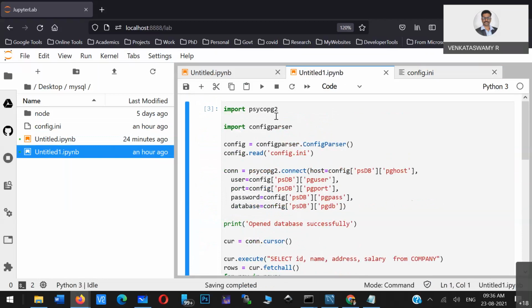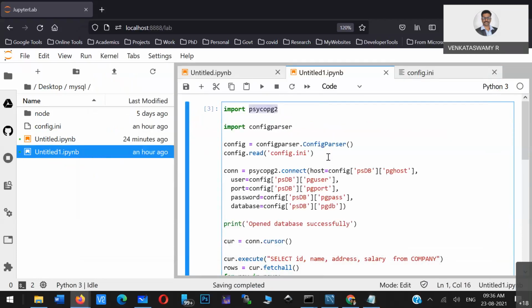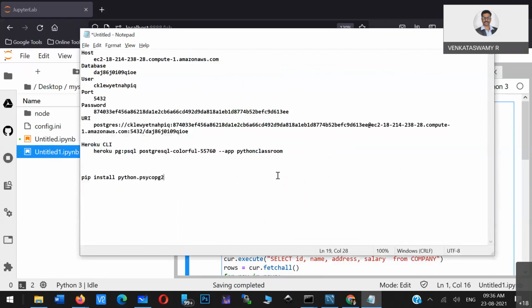When you're working in Python, this is basically the connector, so you just have to install it by running this particular command: pip install psycopg2. So this connector you have to install on your machine.